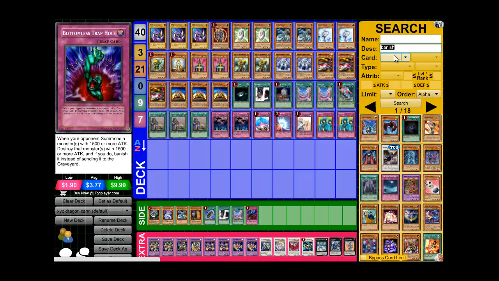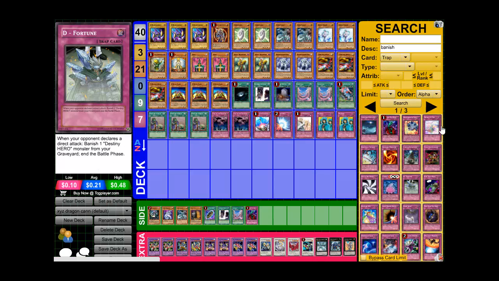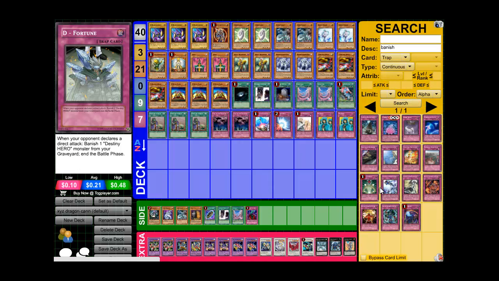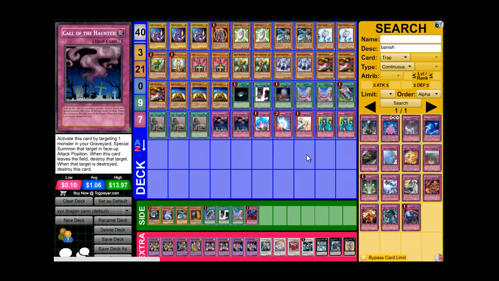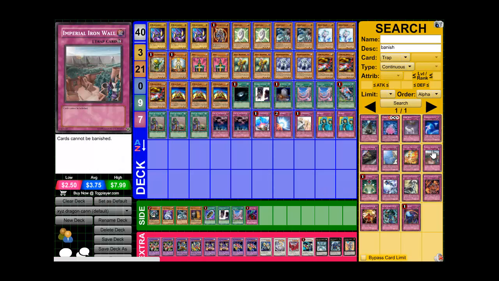What was it? What was it called? There's one card, this one, Imperial Iron Wall. This card you would have to look out for because you banish a lot, so that's one thing you have to worry about. Pretty much Imperial Iron Wall is the only thing that hurts this deck, but you can always use it if you already have,